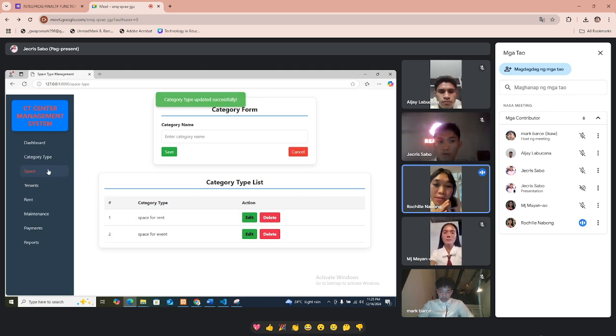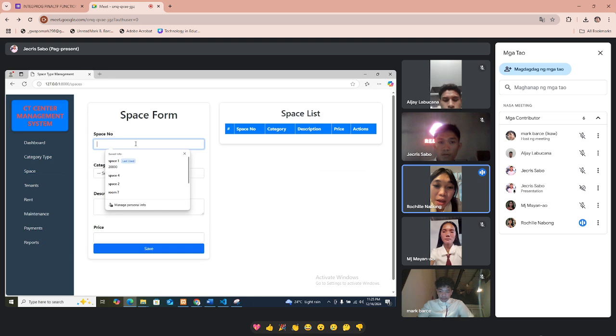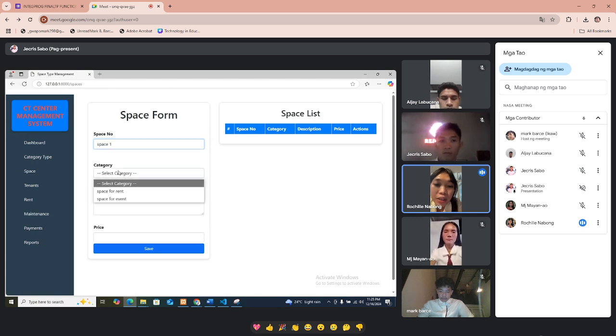Next is space. Let's fill up the space form. Space number, for example, space 1. Category is space for rent.